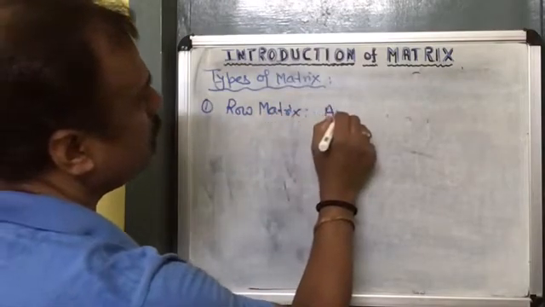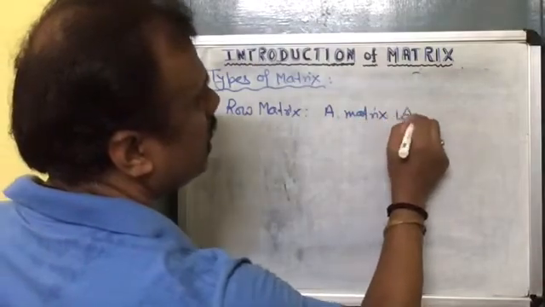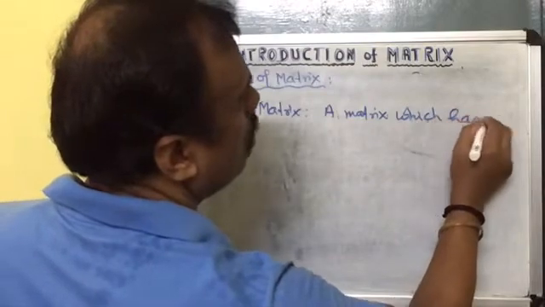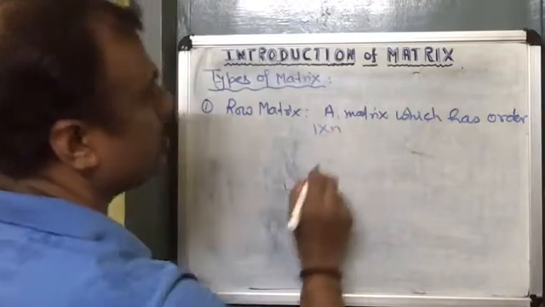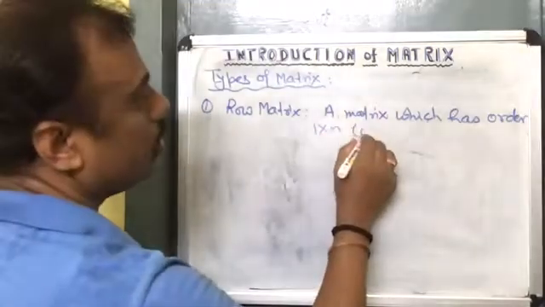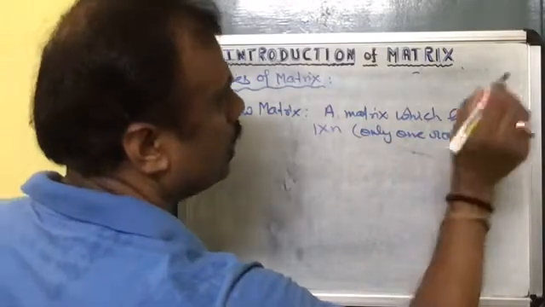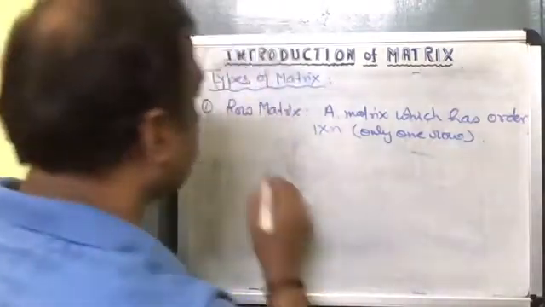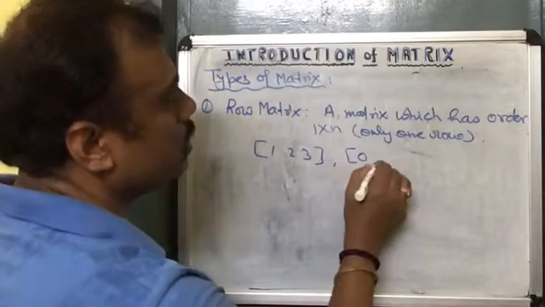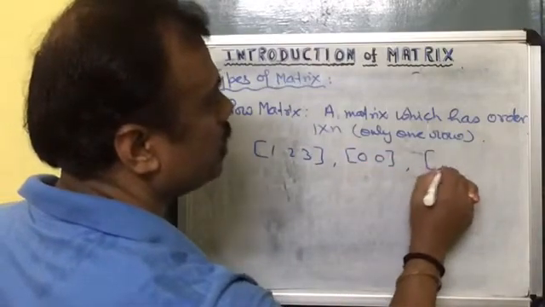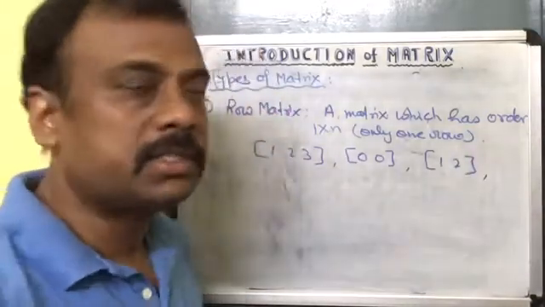Any matrix which has order 1 cross n, that is only one row, is called a row matrix. For example, 1 2 3 is a row matrix. For example, 0 0 is a row matrix. For example, 1 2 is a row matrix. Similarly,